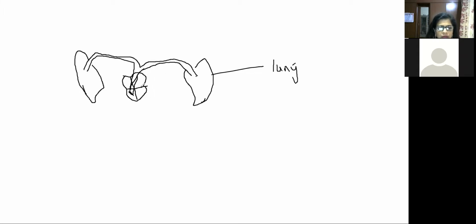Then another one will be starting from the left side. This is the systemic aorta. This will carry the blood. First the blood will be transported downwards, and as it comes above, it will branch for the brain. This is the first branch I'm showing you, for the brain transportation.